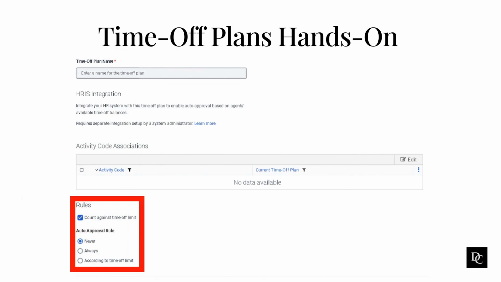To ensure that the Auto Approval Rule never applies to time-off requests that use the selected activity codes, click Never. Choosing this option requires you to approve time-off requests associated to the selected activity codes manually. To ensure that the Auto Approval Rule always applies to time-off requests that use the selected activity codes, click Always. Choosing this option causes the system to auto-approve all time-off requests, even when they exceed the remaining time-off limit on